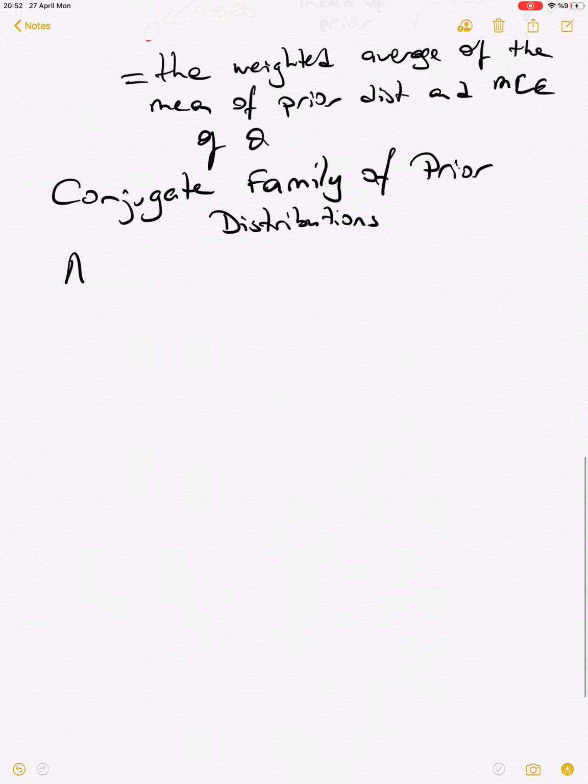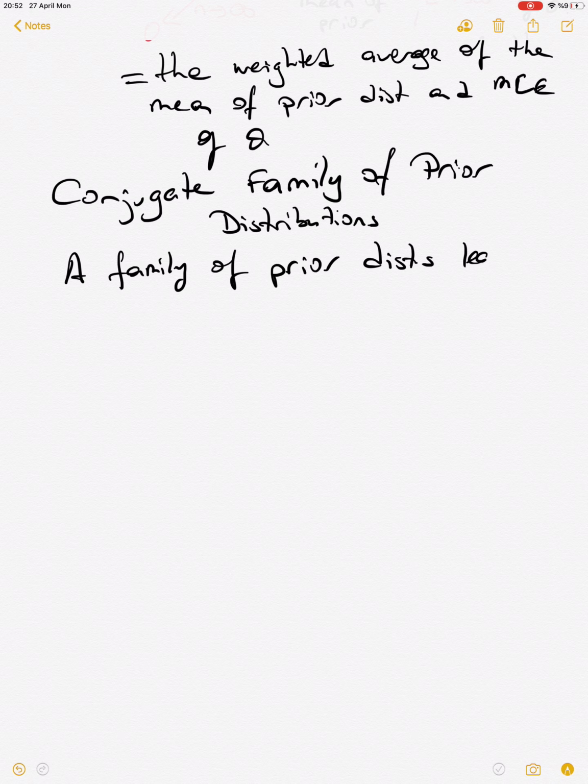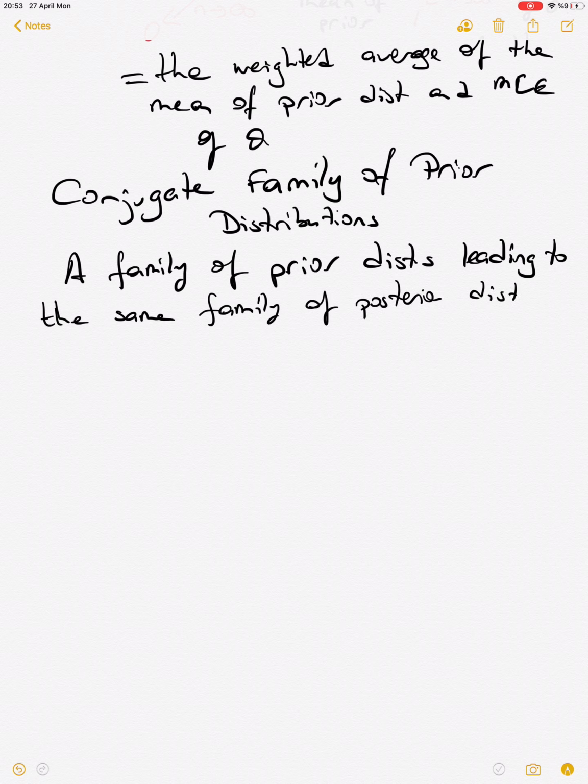Okay, so we have another family, as you can see, a family of distributions. A family of prior distributions leading to the same family of posterior distributions for samples